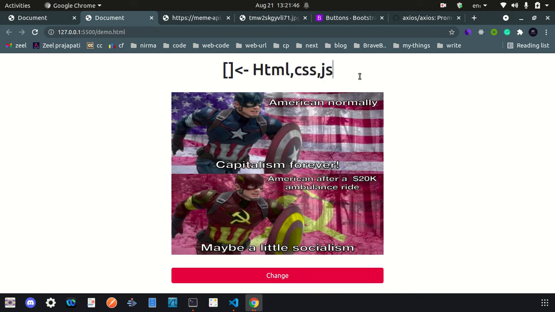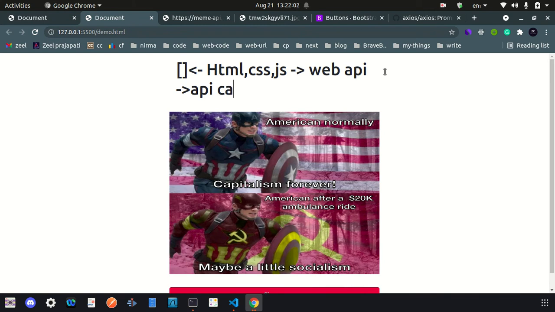Because of that, there is a concept of web API. Actually, not web API, there is another name, but you can assume that there is one functionality given by the browser so that some JavaScript functions, like API calls, setInterval and setTimeout, will not execute line by line, and the browser or compiler does not wait for them to execute by default.